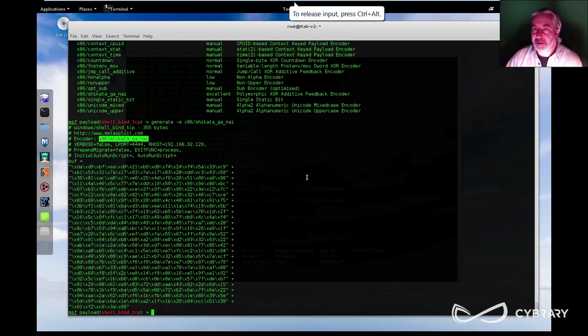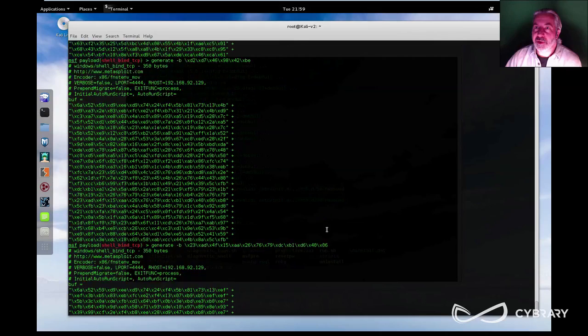But I can also do compound statements. For instance, I know I don't want the \xFF, and I don't want \x50. All right, so I can make sure I can get rid of those. So I can add multiple options to the command line. If we go back up to our help screen,